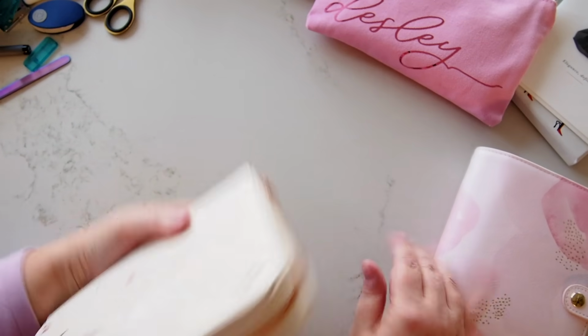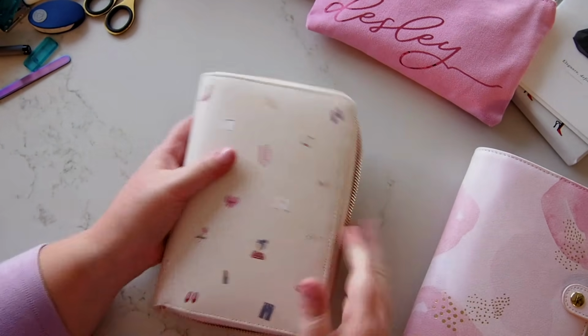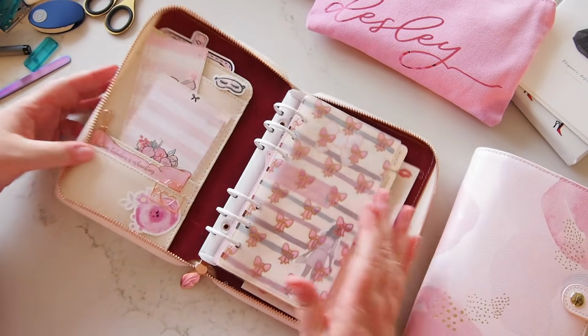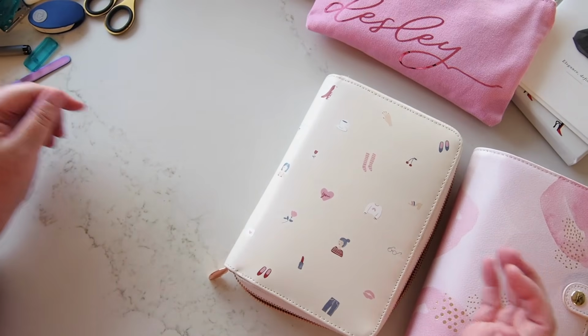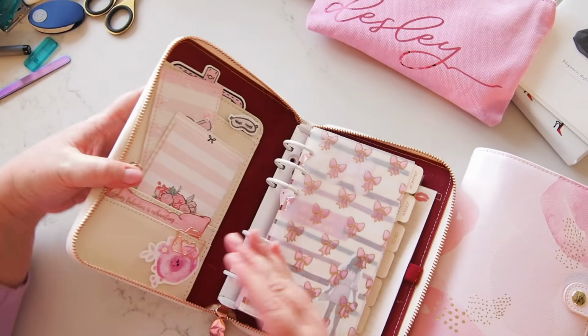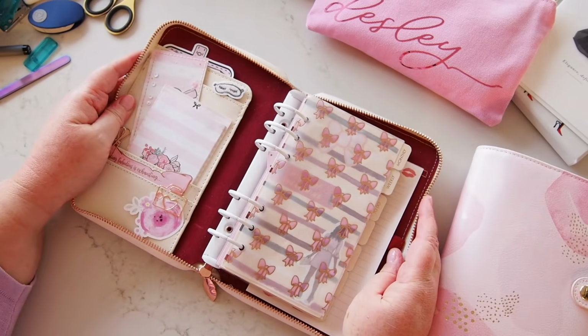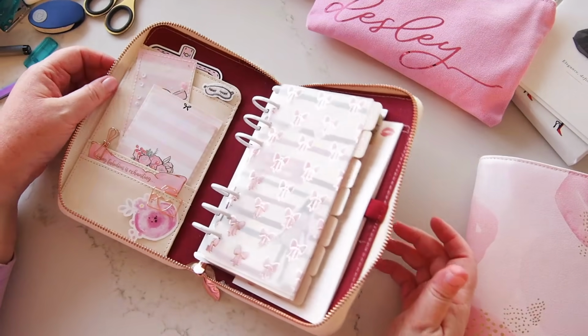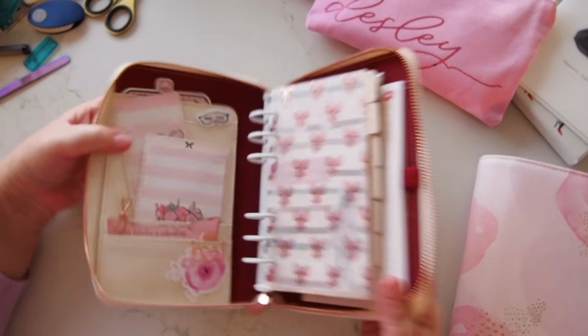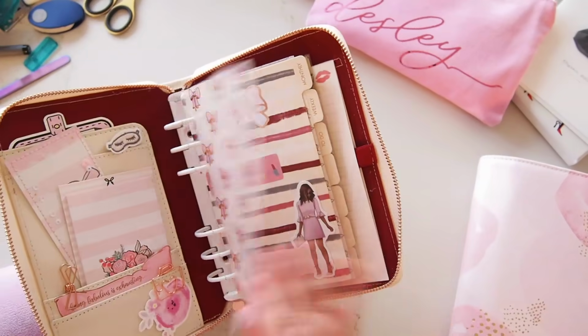So if I open this little guy up, actually not quite sure what's in here. Oh yes, that's of course. So it just won't stay open ever. And I'm the kind of person who really needs my planner open on my desk at work in order for me to use it. Now, this is gorgeous, and I really actually thought I would take this one,